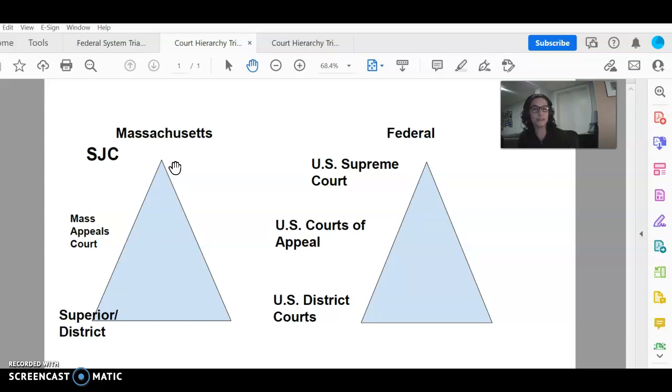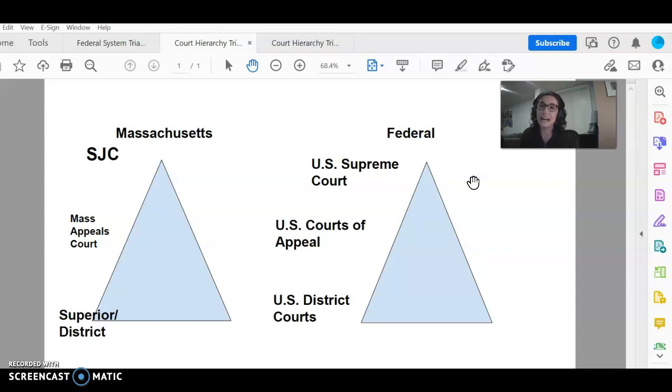And I'll actually point out something interesting. If you have a chance, take a look and see how each of these judges received their appointment. They were all appointed, and it's really interesting to find out who appointed, I believe, every single one or almost every judge at the Supreme Judicial Court. And then, of course, we have the U.S. Supreme Court. The justices at the U.S. Supreme Court get their job by being appointed by the President of the United States and confirmed by the Senate.